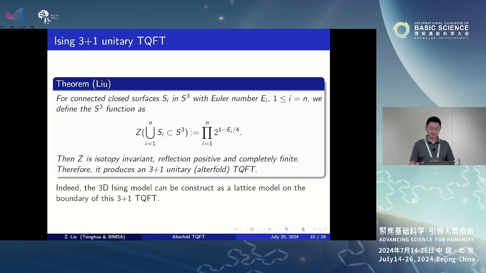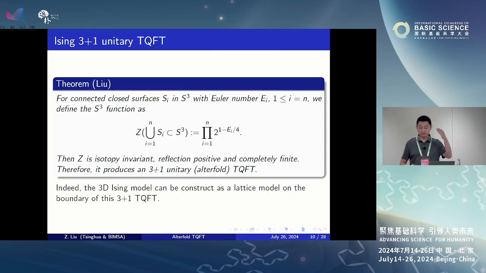So what's the data on the lattice? We just take surfaces in the 3-sphere. How do you think about this as a lattice? You can just give a triangulation of the 3-sphere in any way you want. And you look at each local piece of the simplex, and you look at the intersection of the simplex with the surfaces. If you look at the shape, that's just the data for your lattice, whatever it is. And then you combine all of them together, and eventually you have a bunch of surfaces in the 3-sphere.